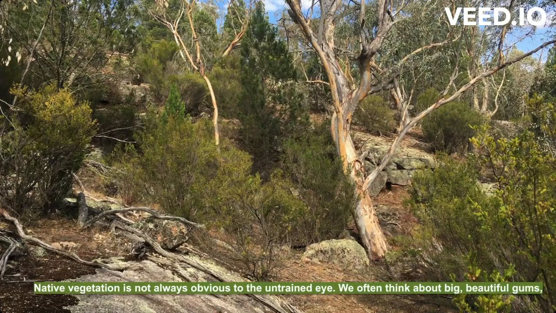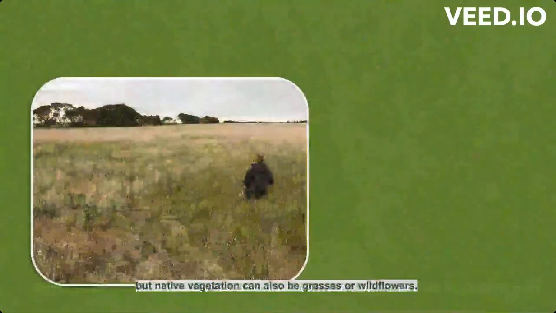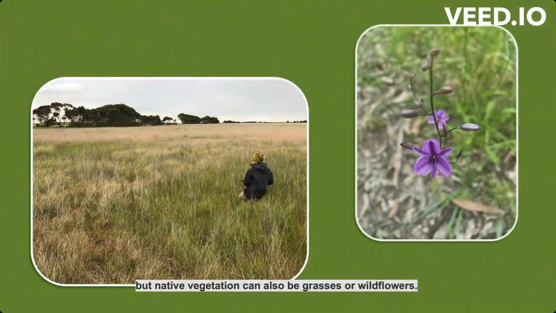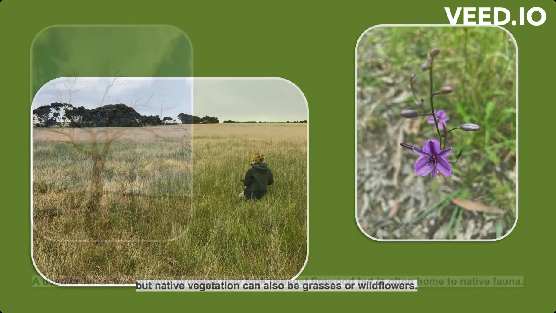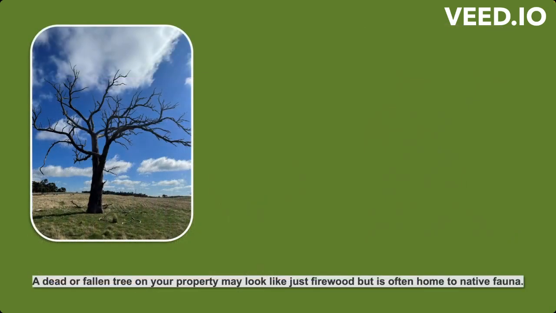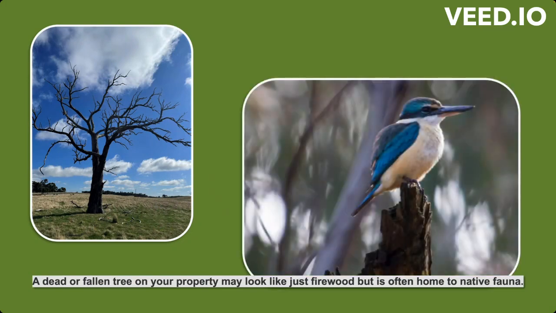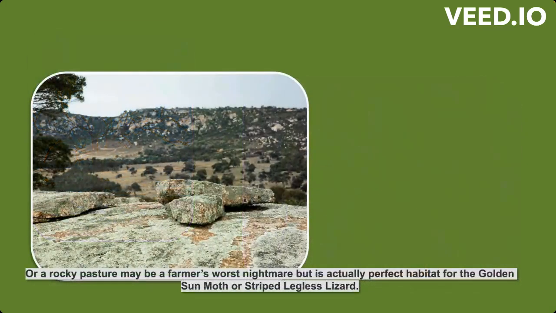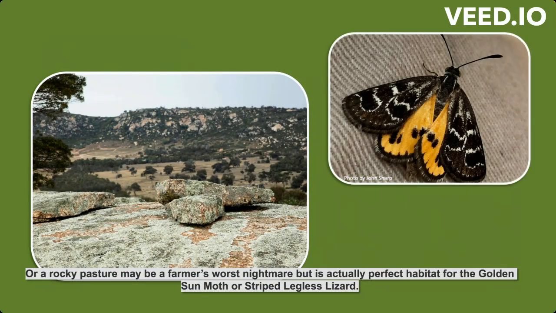Native vegetation is not always obvious to the untrained eye. We often think about big, beautiful gums, but native vegetation can also be grasses or wildflowers. A dead or fallen tree on your property may look like just firewood, but is often home to native fauna. Or a rocky pasture may be a farmer's worst nightmare, but is actually perfect habitat for the golden sun moth